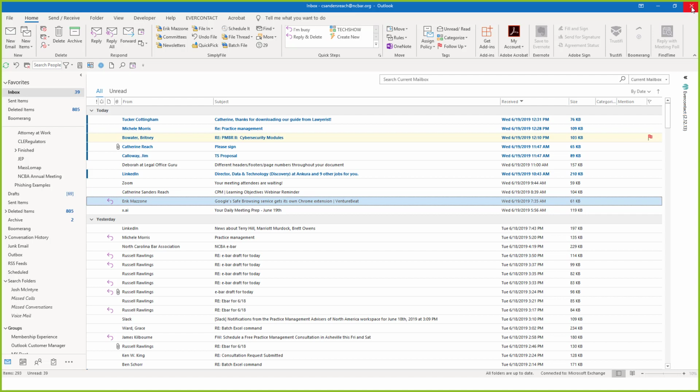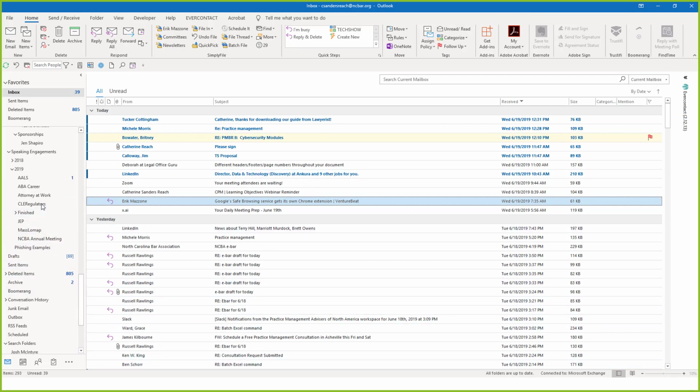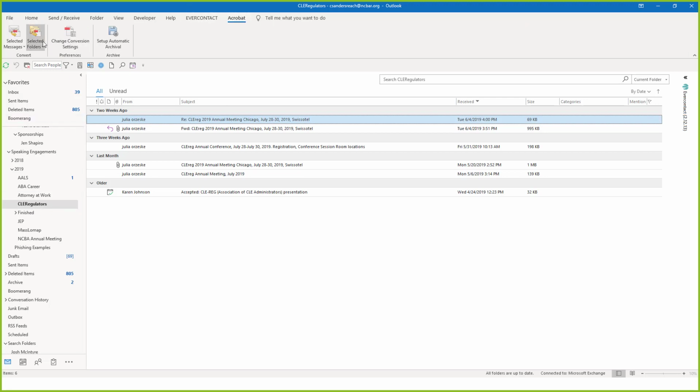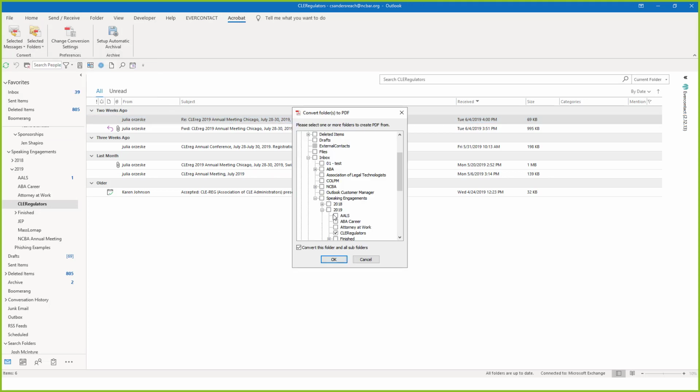Another thing, if you have Adobe Acrobat, Adobe actually gives you 2 plugins that appear in your toolbar, and I think they're both very useful. So the first one is the folder archive. So I'm going to pick a folder that, say, I want to just archive and move out of email into a PDF. So you can select a folder, go into your Acrobat toolbar, click on selected folders, create a new PDF, and then it'll pull this up and you can add more folders to it, and then click OK,